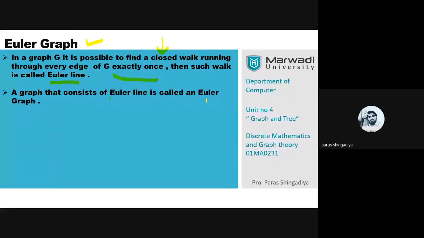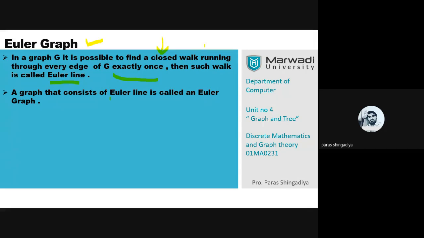You have to start your journey with one place and end your journey with the same place, and in your journey you have to use all the edges exactly one time. It is compulsory to use all the edges in your walk and again reach back to your starting place. You have to visit all the edges exactly one time and reach back to your starting place.